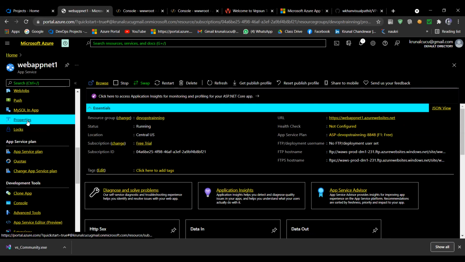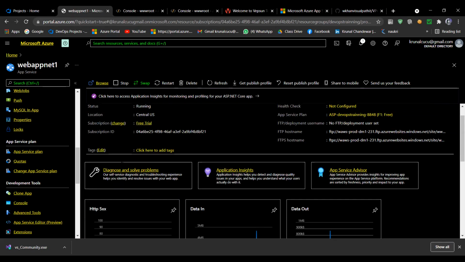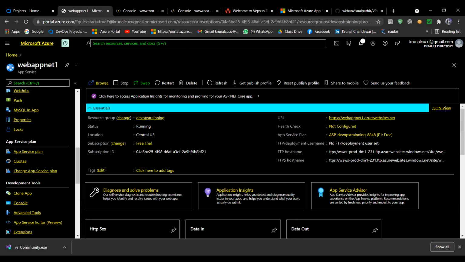Because this is a platform as a service, Azure has all the command or control over these, and we can only see a few data. We can't do much here. So what we can see here is our resource group, the status is running, even our location, our free subscription. Only this much of detail we are getting here.